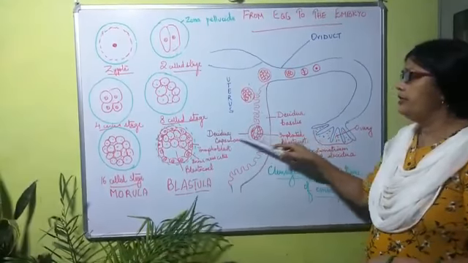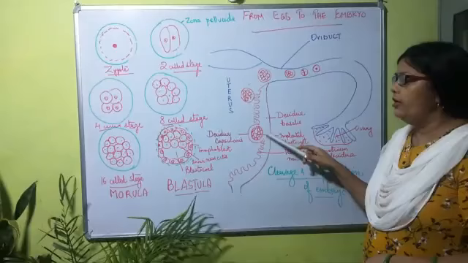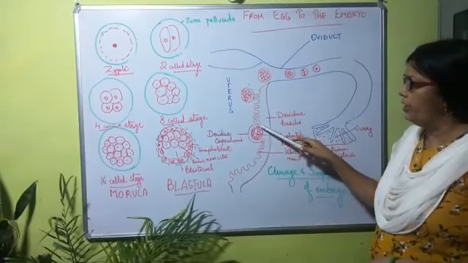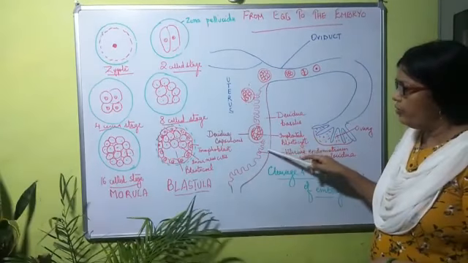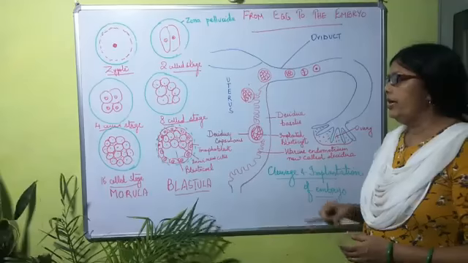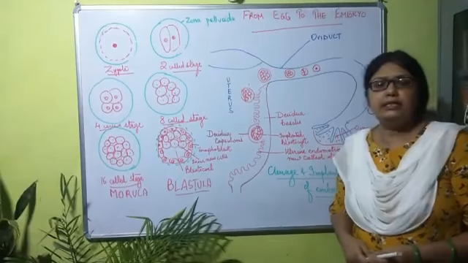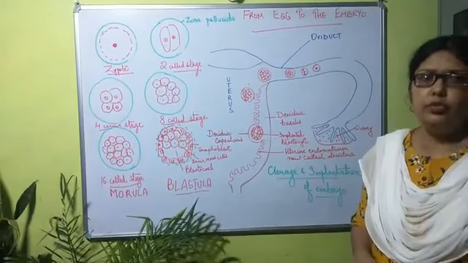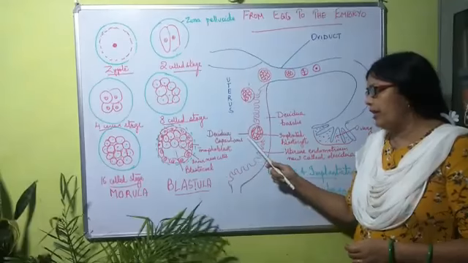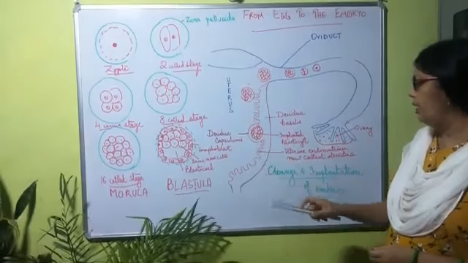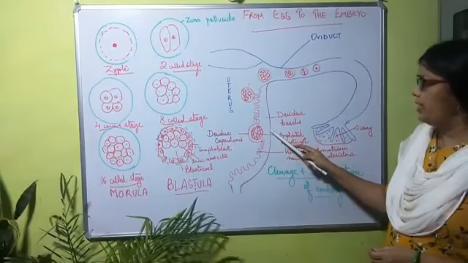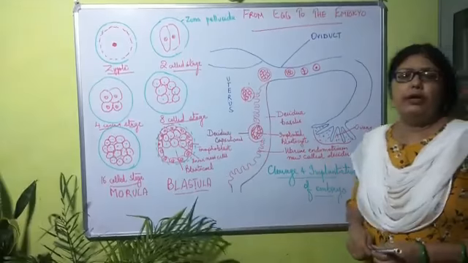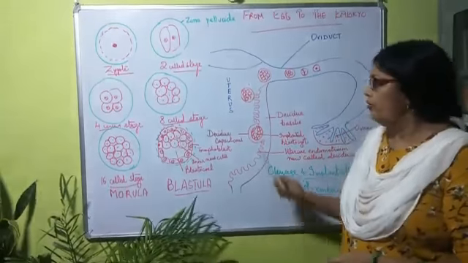And after the fixation of this morula into the endometrial lining, you start calling the endometrial lining the decidua. Decidua capsularis is the outer portion. Then you have decidua basalis and decidua parietalis. So with this